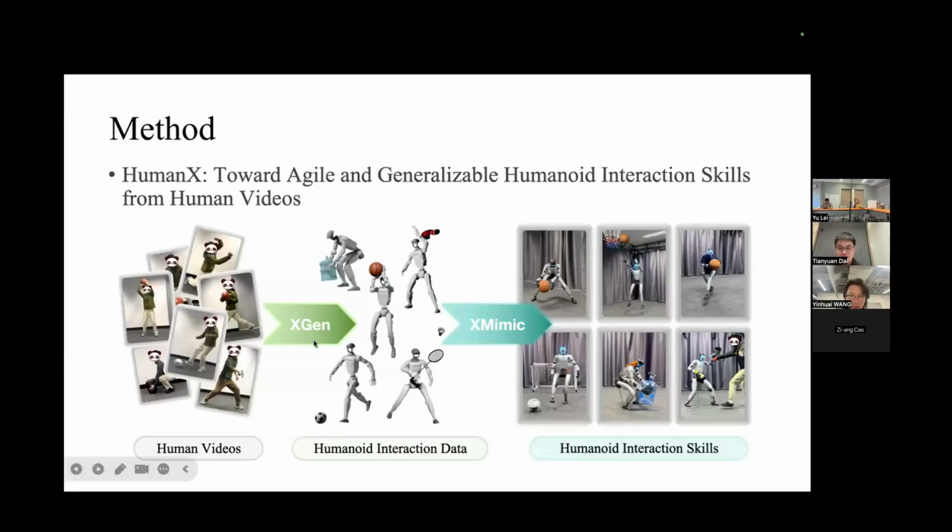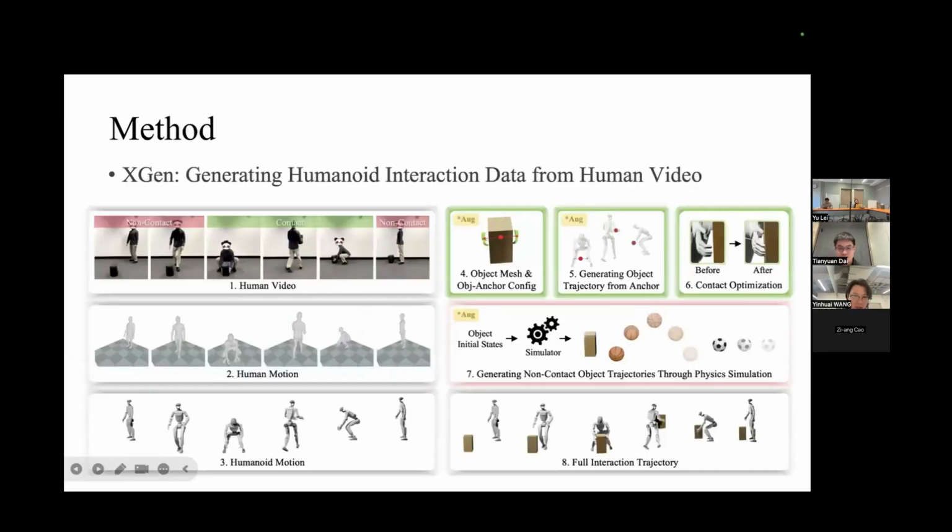Okay. So now I will introduce each component separately. First, I'll give a brief introduction about the XGen pipeline. First, we can utilize existing tools to transform the human video into human motion, which is very mature.